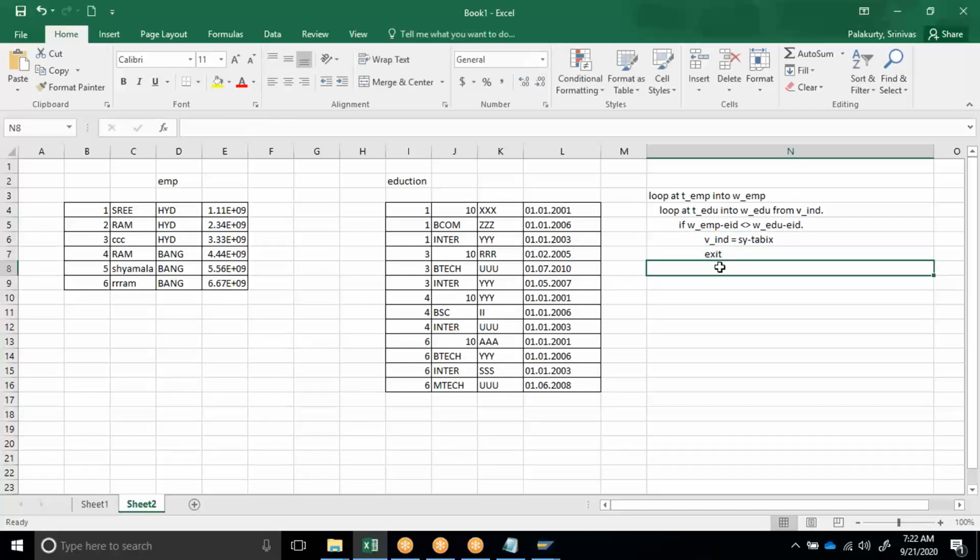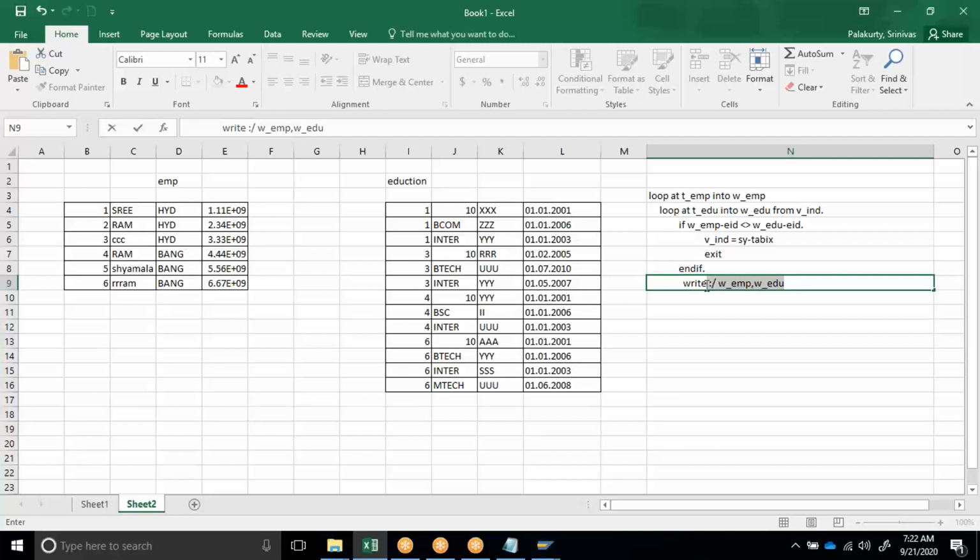And write the work area EMP EID, work area EMP, so all the employee records, and write all the education records. If you put the syntax like this, you get an error, so write field by field.